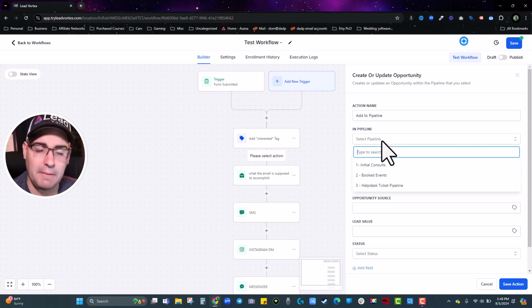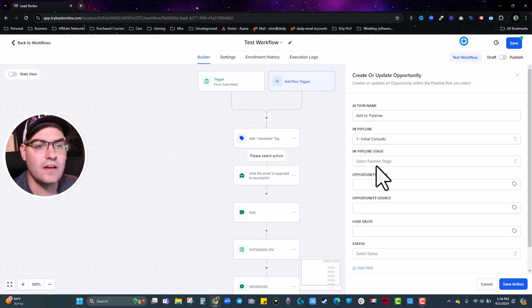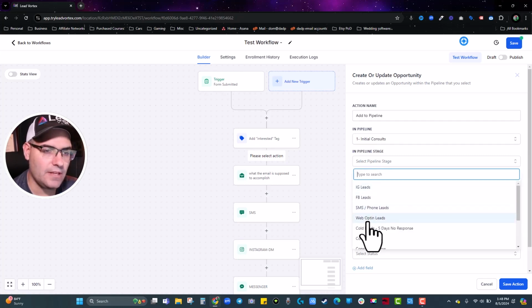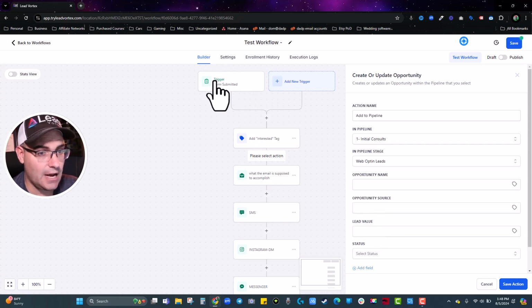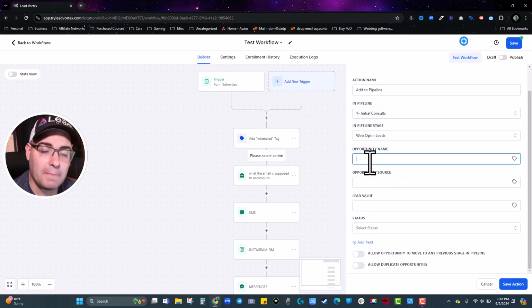And then I'll select the pipeline. In this case, let's say that it's the first time somebody's come into contact with our business. I'll hit initial consult and I'll put them into opt-in leads because they're using an opt-in form here. Now in opportunity name, this is how you want the person to show up, what name you want on the